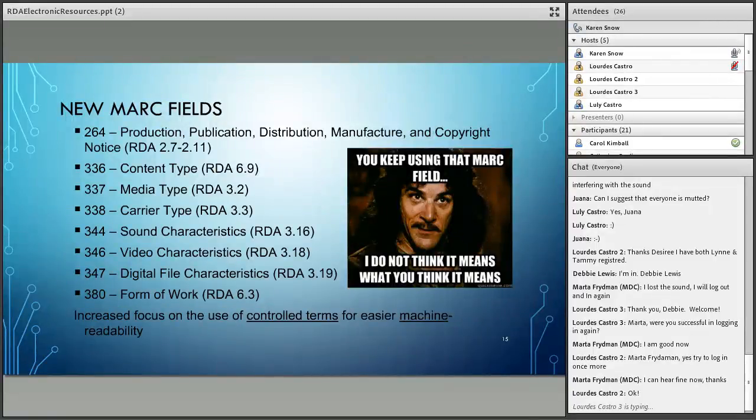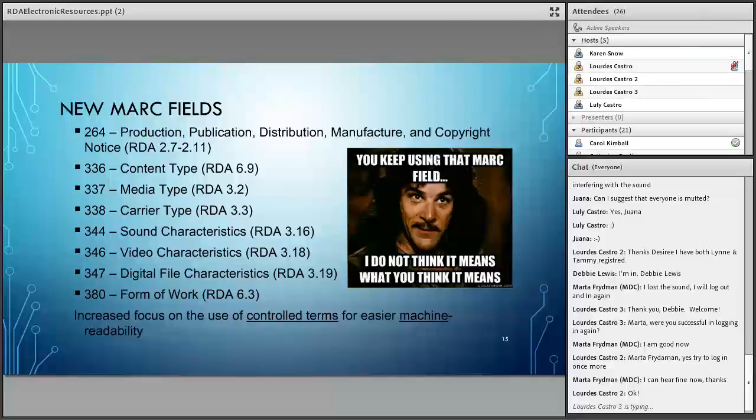Okay, so let's delve into these new fields, right? We've already talked about many of these new fields in previous webinars and also in the workshop. And in an advanced workshop at the end of August, I'm going to go through these in more detail. But I'm going to really focus today on the ones that apply most to electronic resources, and some of these will apply to some electronic resources and some won't, right? Because some electronic resources have video characteristics, for example, and some don't. So you really want to choose the fields that are appropriate to the resource you have in hand, right?